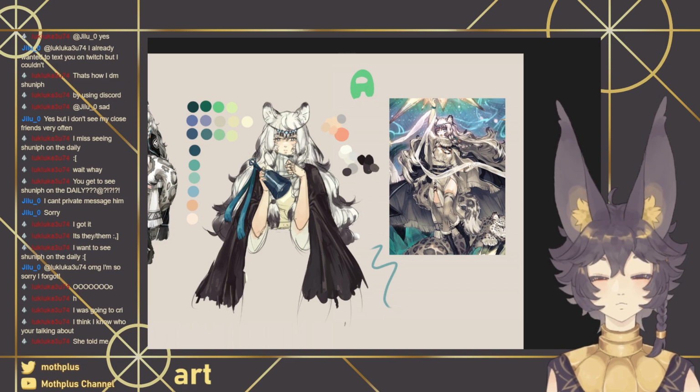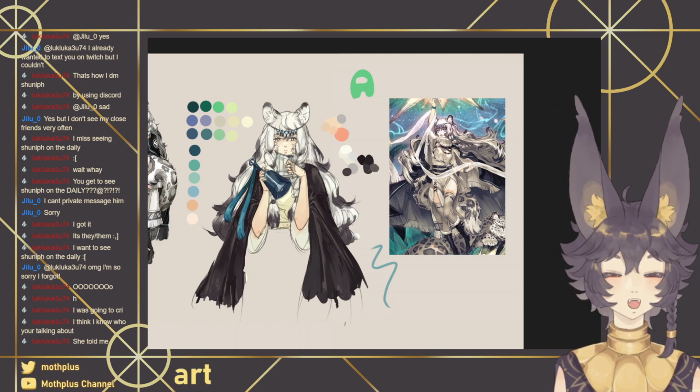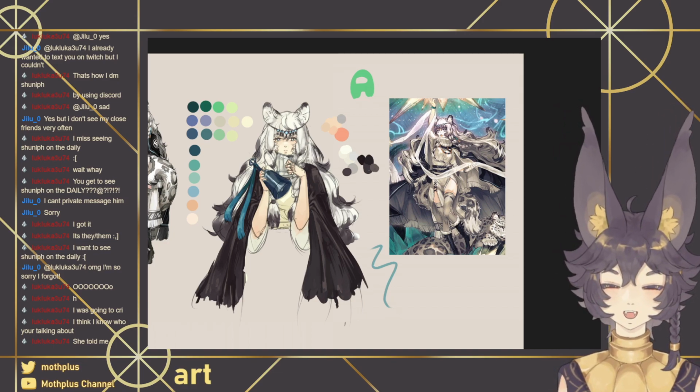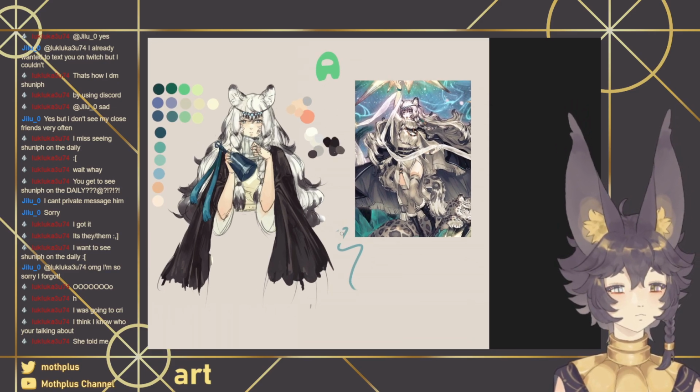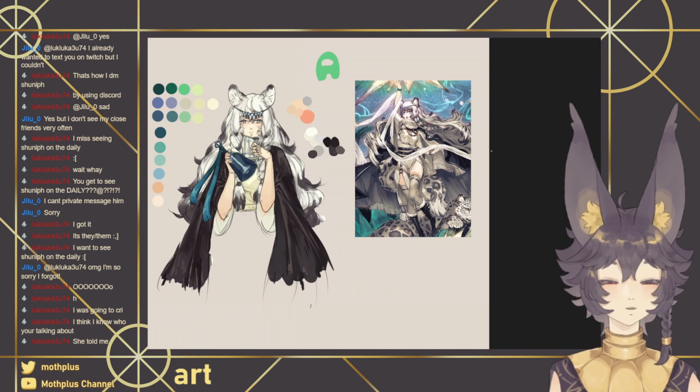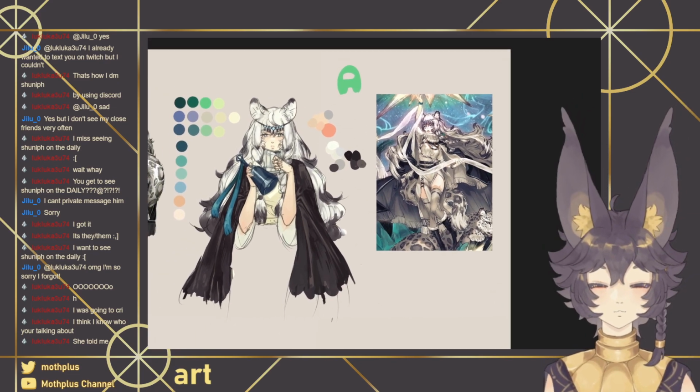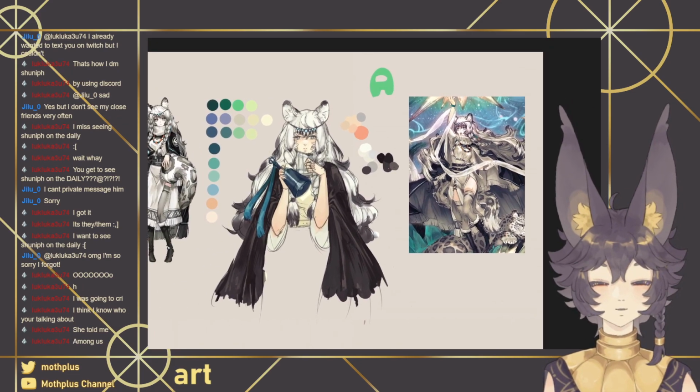Sometimes I see people who draw really fast, and I'm like, what? I forgot about this Among Us. And I'm like, how? How do you do that? And then I see a lot of other people who draw really slow, and I'm like, okay, it makes me feel a little bit better.